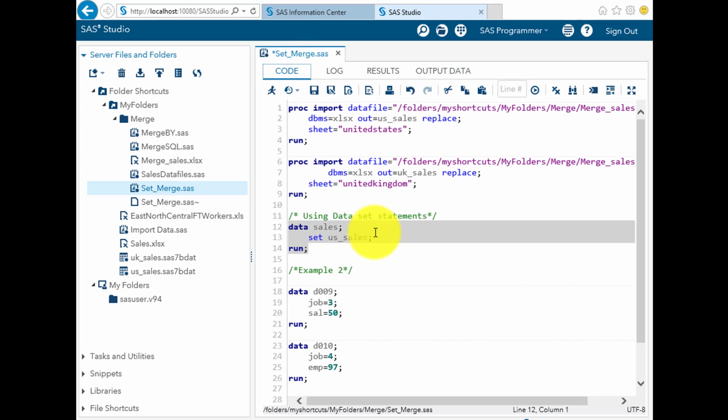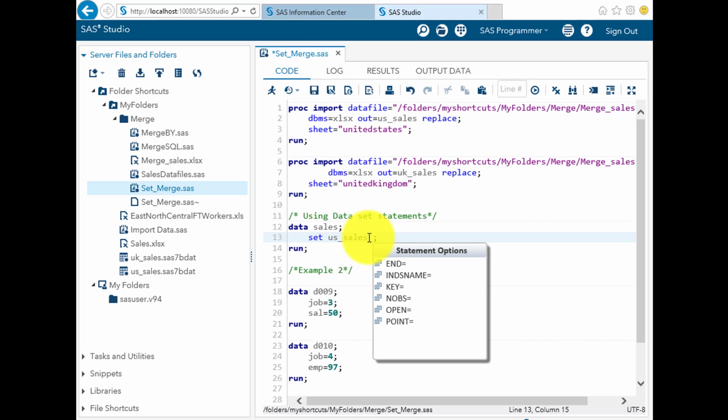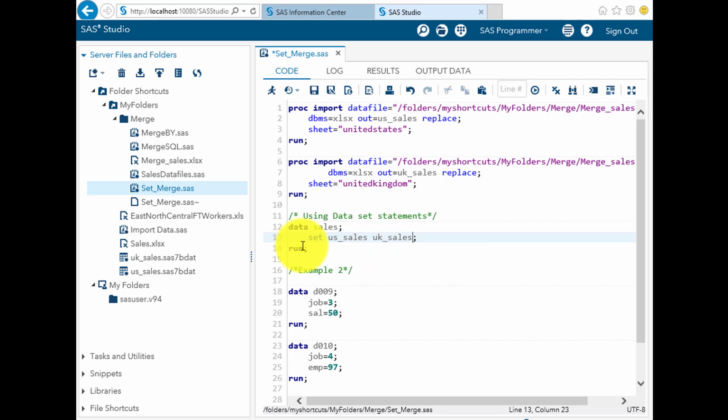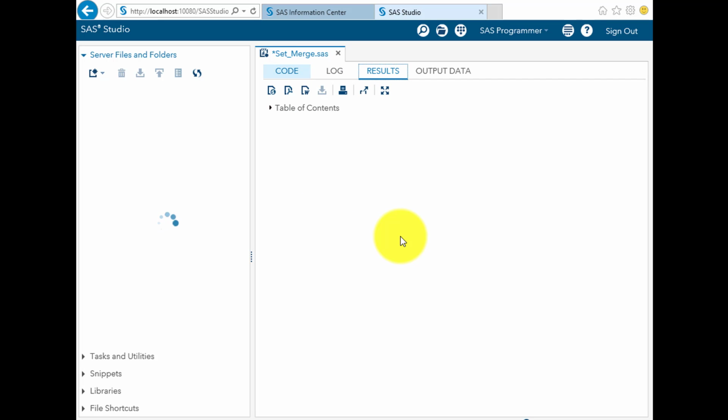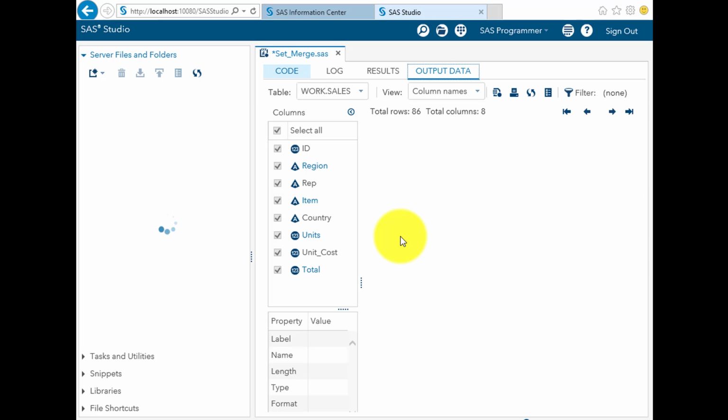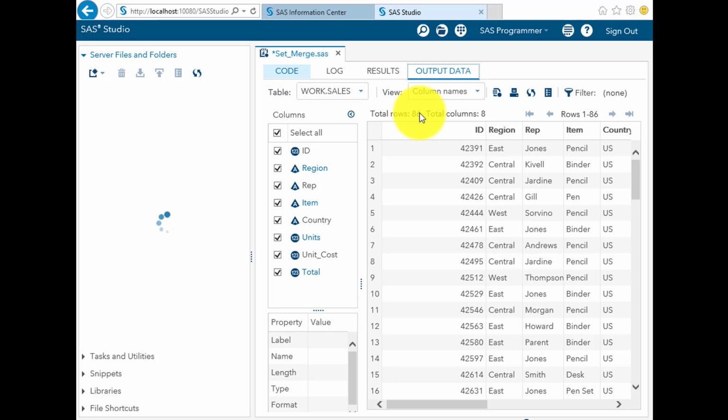Suppose I want to add the observations for UK_sales. I'll just hit run, and the new dataset sales that is created now has a total of 86 rows, which is 43 plus 43.